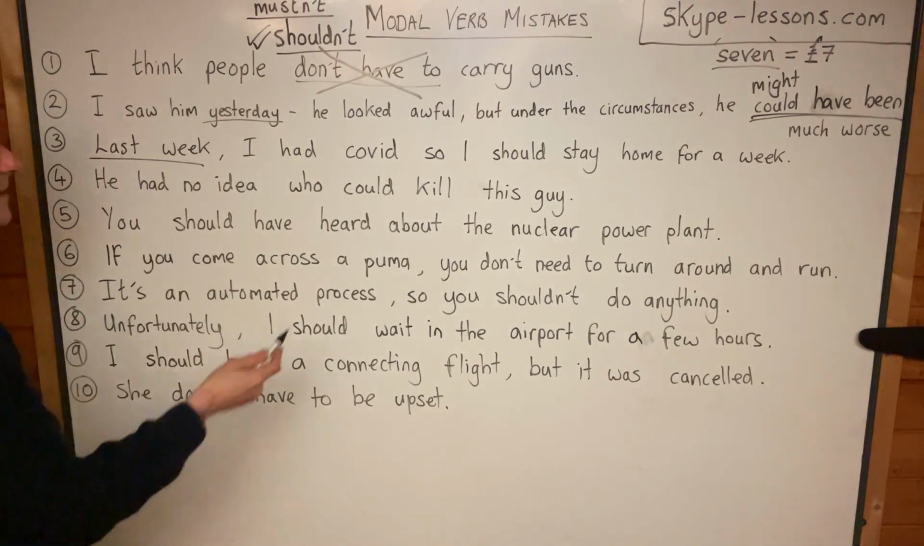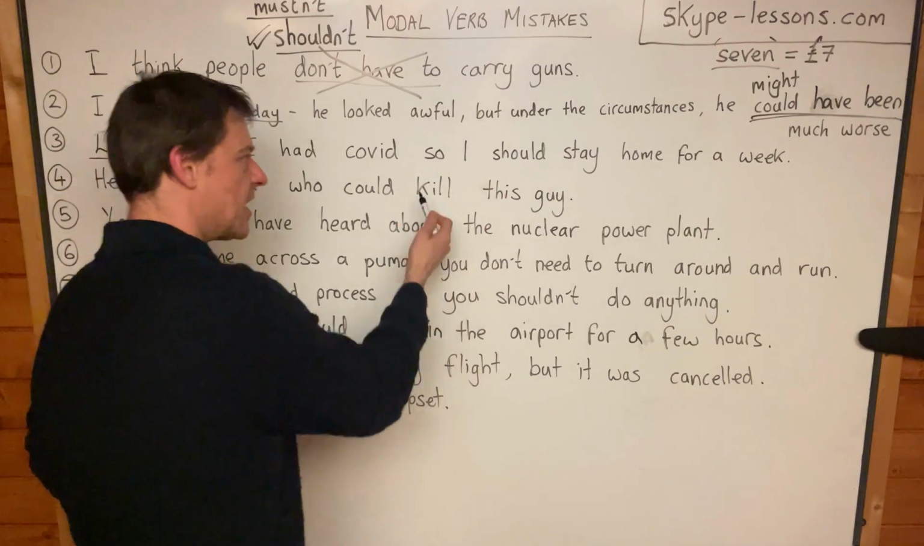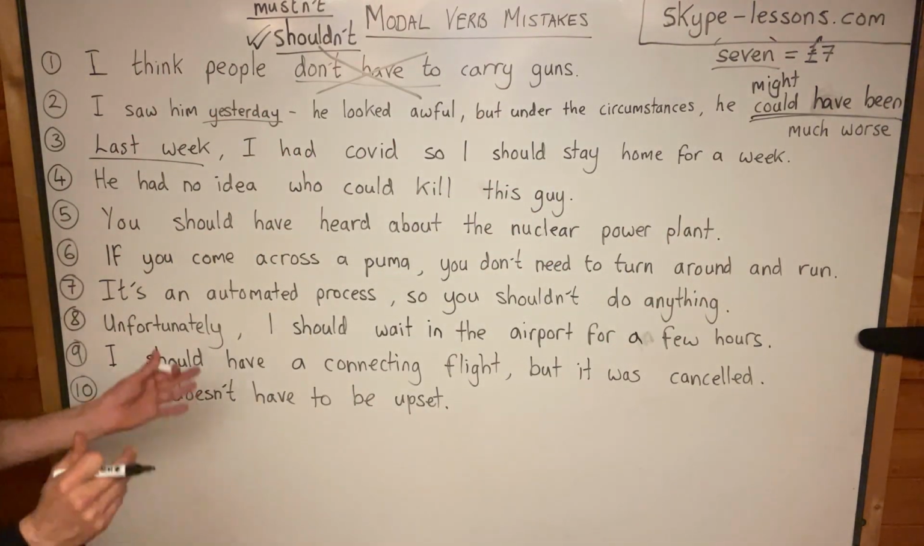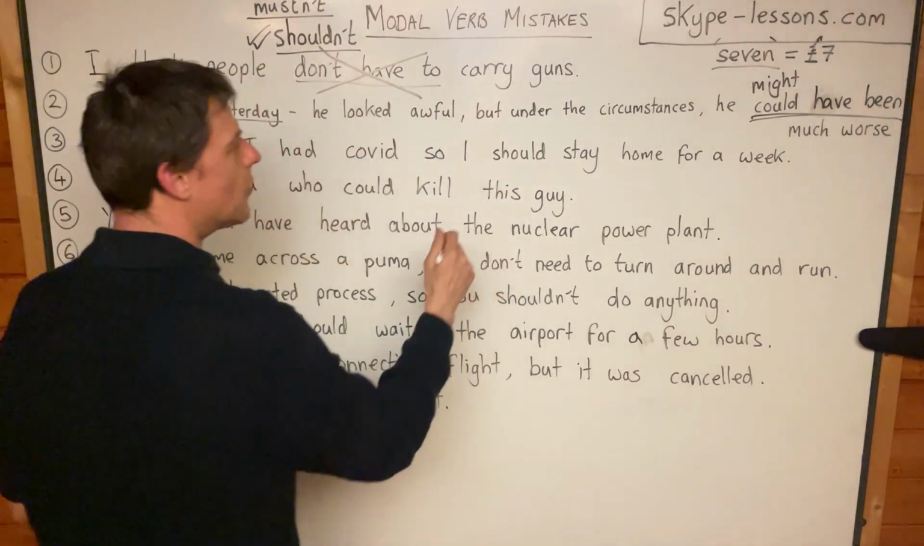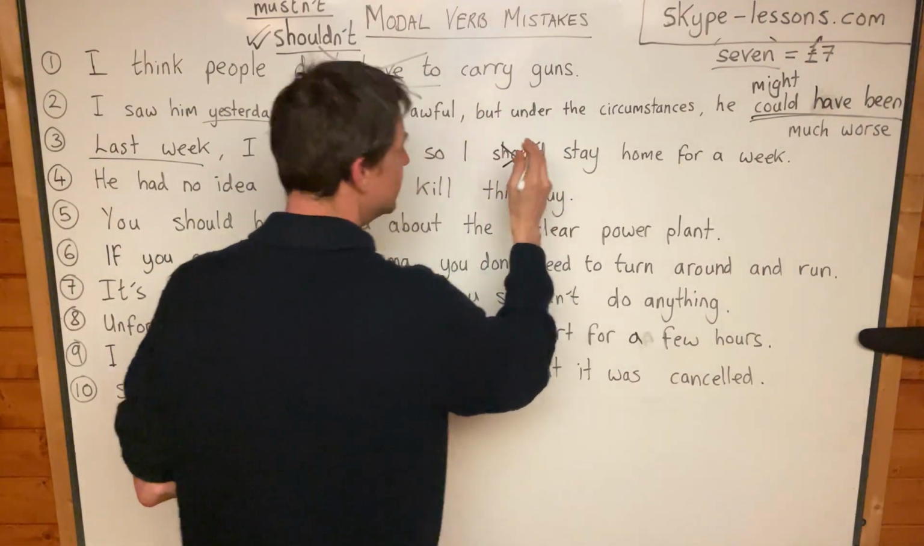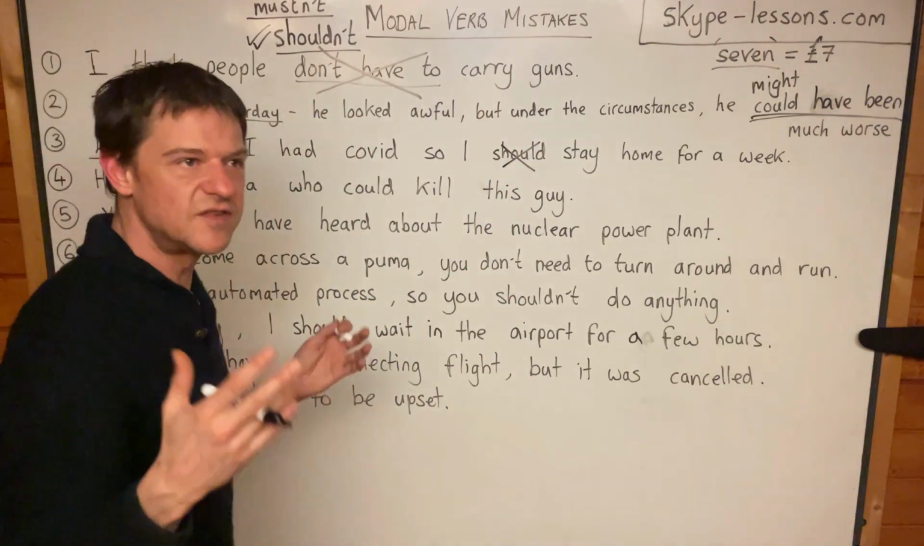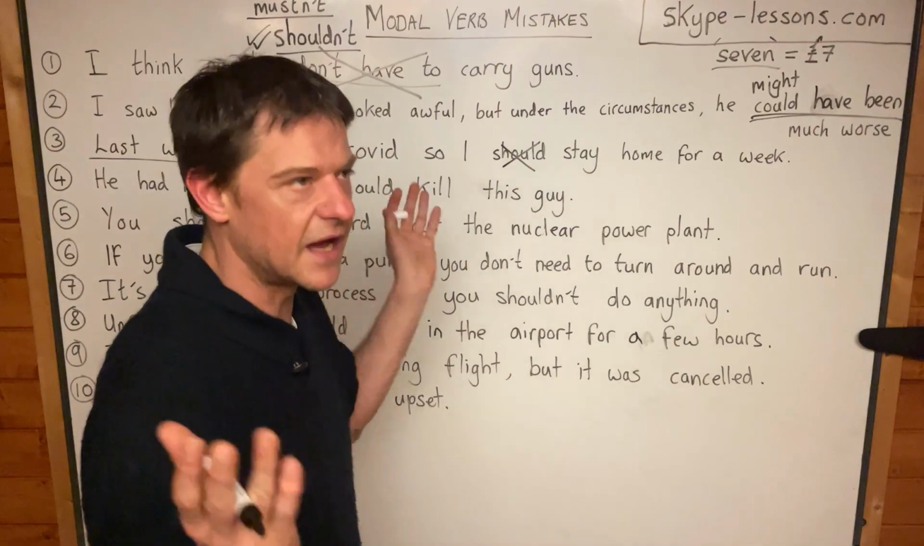Okay, number 3, last week I had COVID, so I should stay home for a week. No. Should is not for obligations. Certainly not for past obligations. Now, obligations in the present, must, okay, yeah, I must